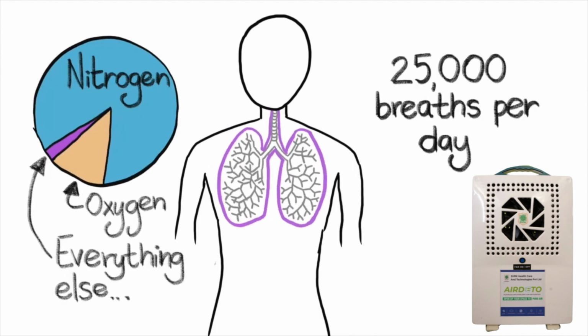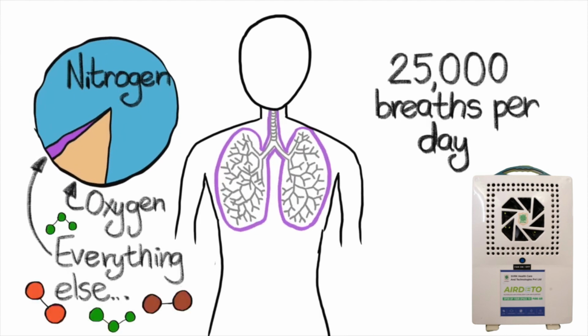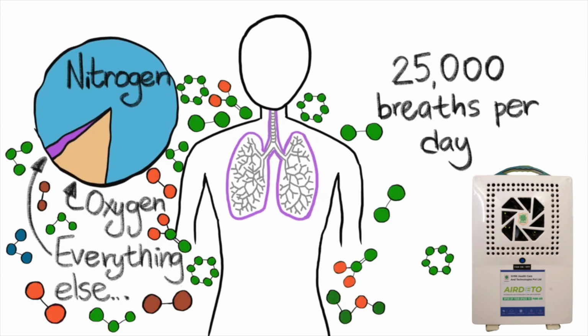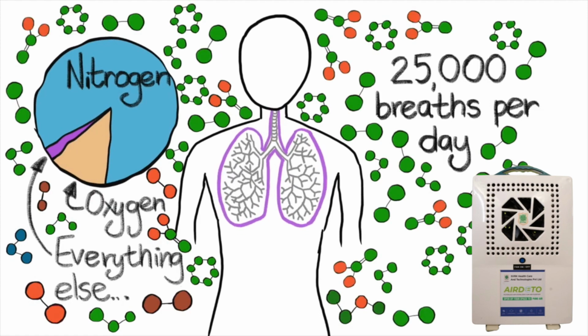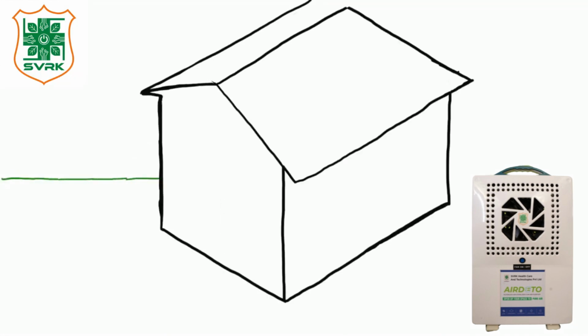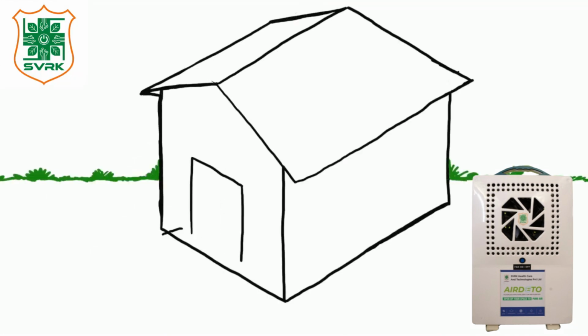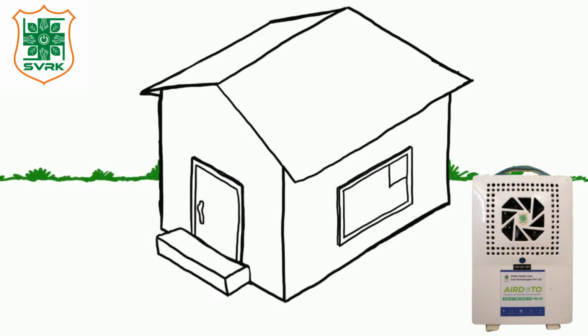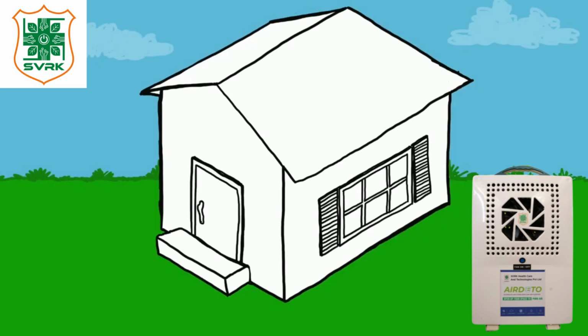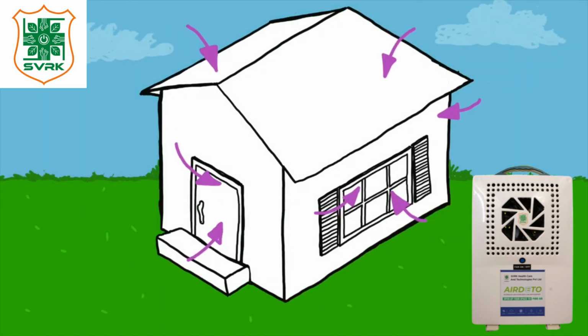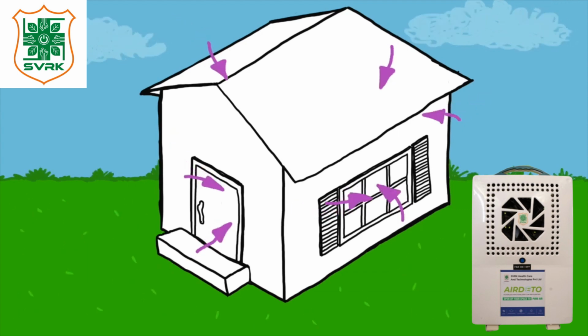Although it's mostly made up of nitrogen and oxygen, there are millions of other molecules in the air around us that can enter our lungs each time we take a breath. In this video, we're going to focus on the air we breathe in indoor spaces, because that's where we spend most of the time. But it's also important to remember that all of our indoor spaces are connected to the outside in some way. Whether that's through an advanced ventilation system or simply through doors and windows,